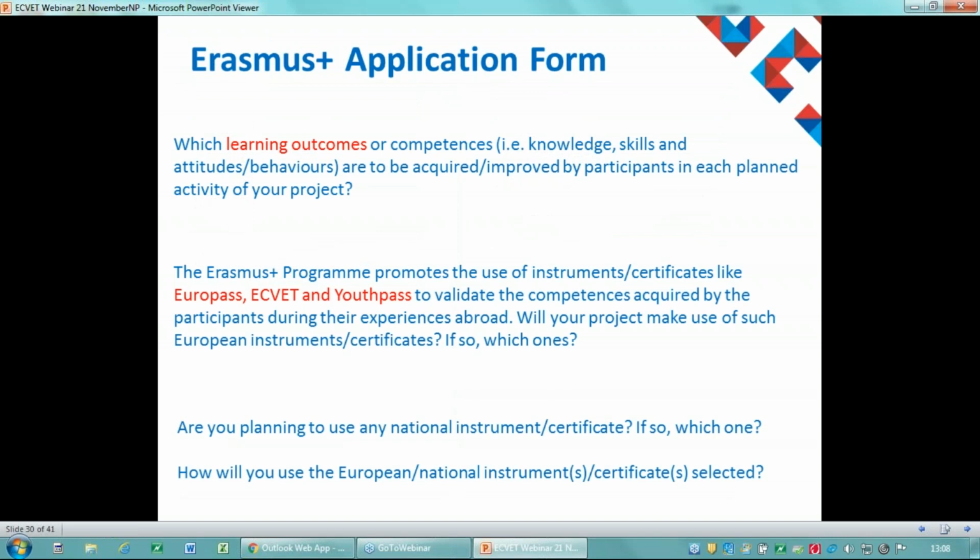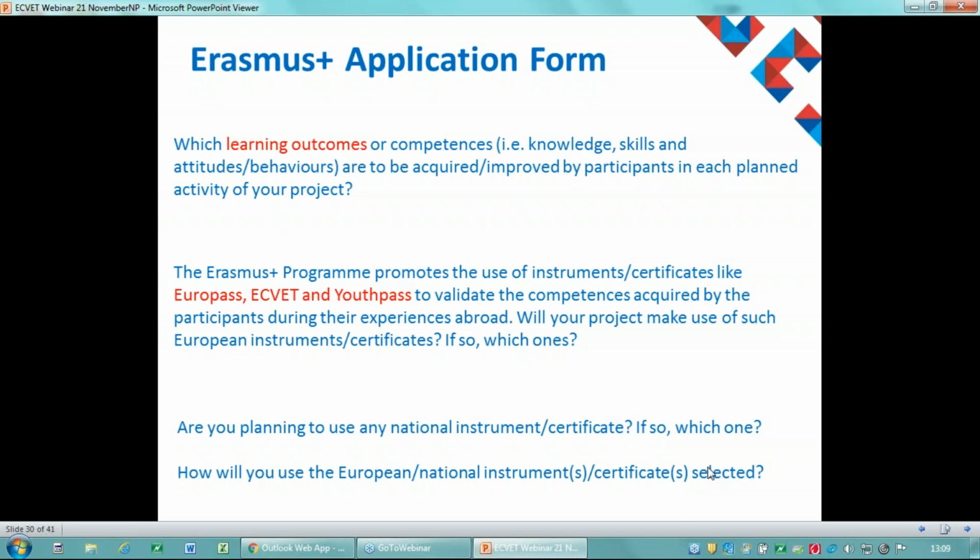So moving on slightly, in 2019, as we've said, there will be an online application for Erasmus Plus that has literally just been released. And what we've had a quick chance to do is to have a look at the application and to see where we can see signs of ECVET principles in that application form. In terms of learning outcomes, there is a question